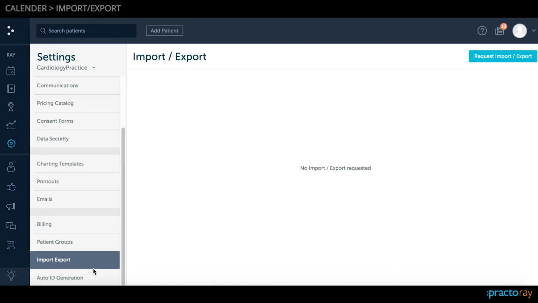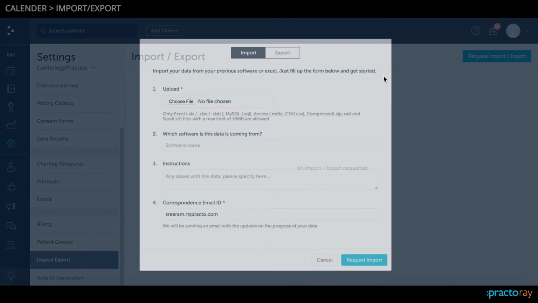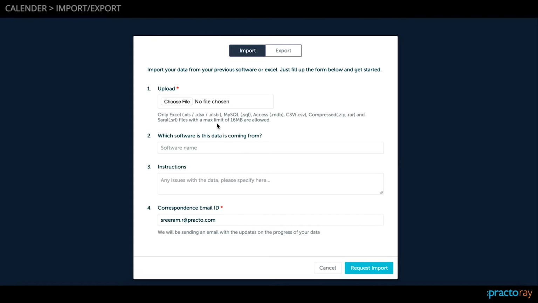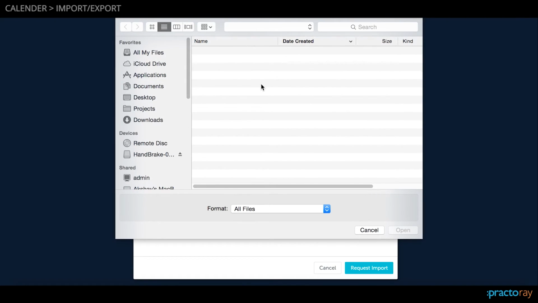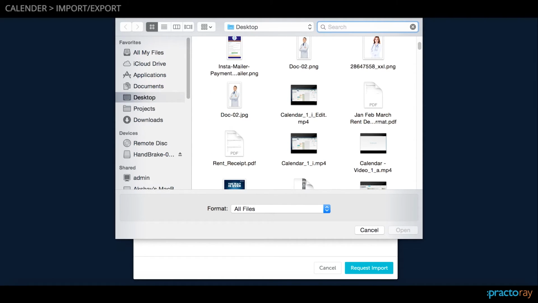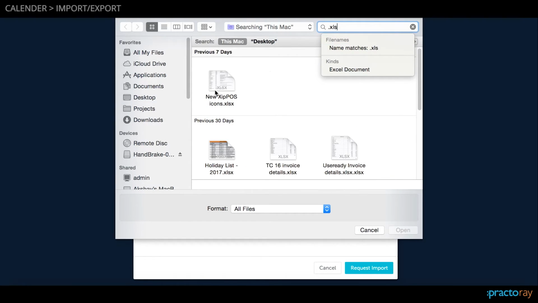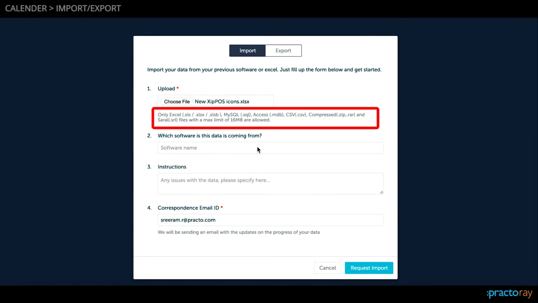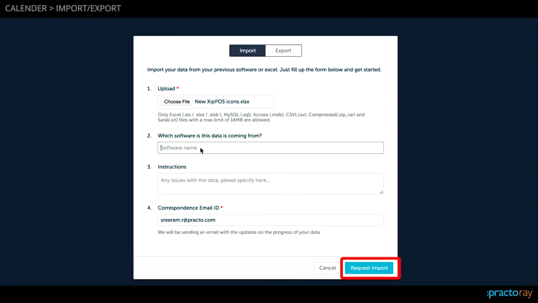If you are newly using Ray and want to import all the data about patients that you already have in a digital file, a Practo employee will do this for you, one time only. While setting up your Ray account, select the Import-Export option under Settings and click on the Request Import or Export button on the top right. Click the Choose File button under Upload and select the relevant file. Please ensure that all the details you want imported are in one consolidated file rather than multiple files. The acceptable file options are listed below. Once you have added the file, click on the Request Import button